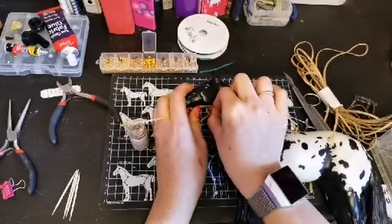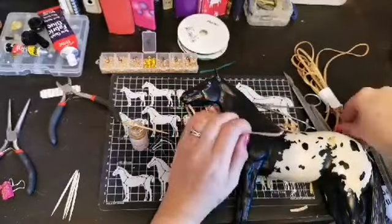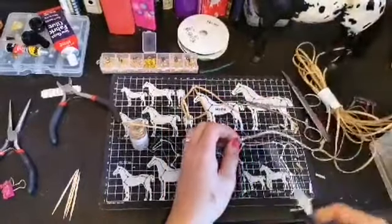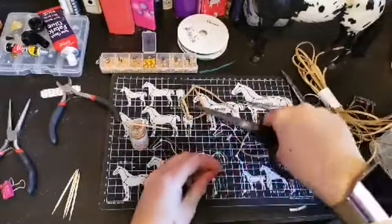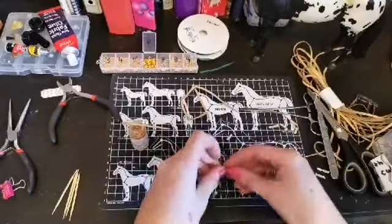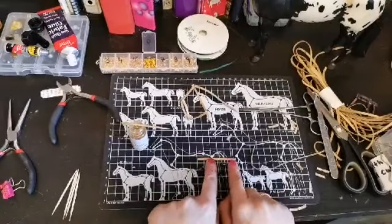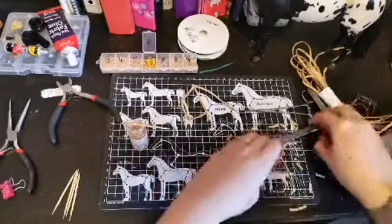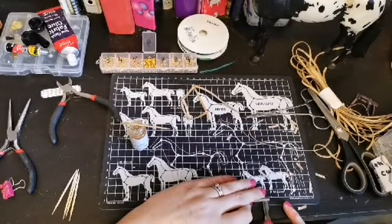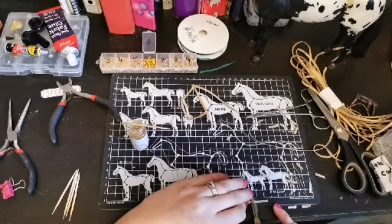So although it's shorter, you're going to want just a little bit more like that, because you're going to be trying to fold it across some leather lace. Now you may want to add a jump ring at the bottom here, so you may want to attach it to a jump ring. We're not doing that today. So what I've got here is, as you can see, actually quite a long piece, even though it's quite a short distance, but it's not going to be that long when I finish. And I nearly skived it completely off there. I don't recommend that. So again, we're going to skive both ends,